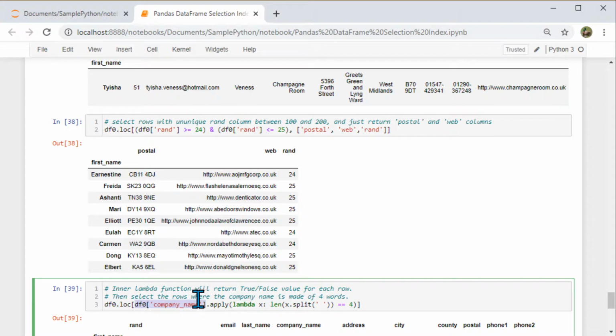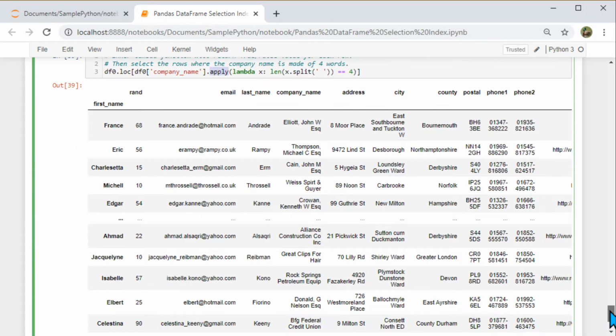In that column I am applying this lambda function, and I am splitting the company name wherever I find a space, and I identify where there are four words. I identify those as true and the others will be false, and I pass this whole thing as a parameter to loc, and it's going to output all the records where the company name column has four words.